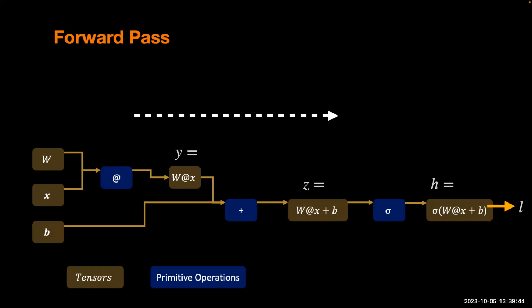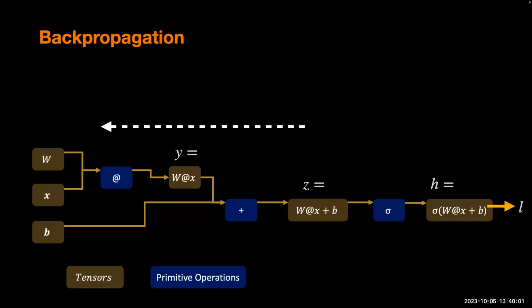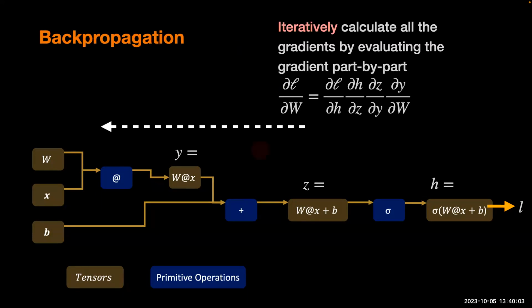Knowing these two ingredients, it just means that you need to do two things. One is to calculate all the intermediate values, right? So given W, what are Y0, Z0, and H0? This is called the forward pass. You just evaluate the function once. And once you have done that, then you can do what we call backward propagation, meaning that I will